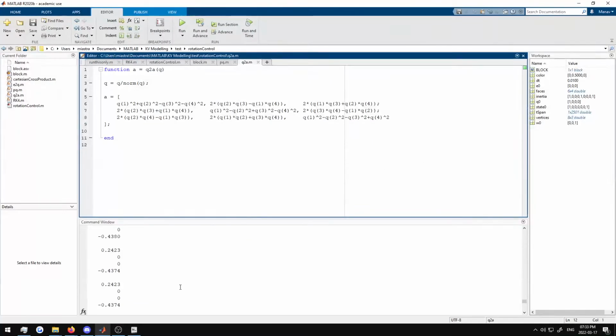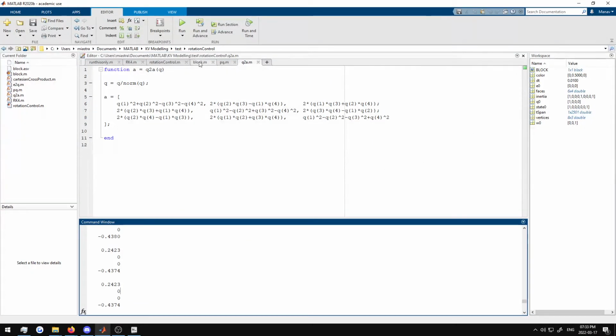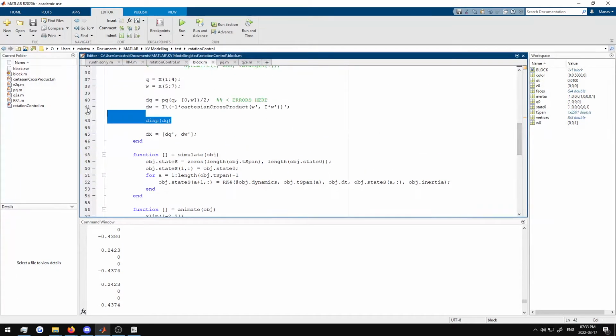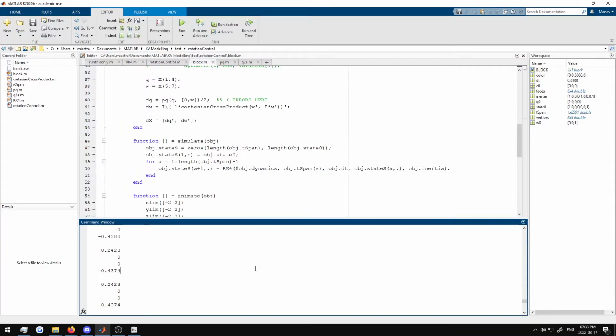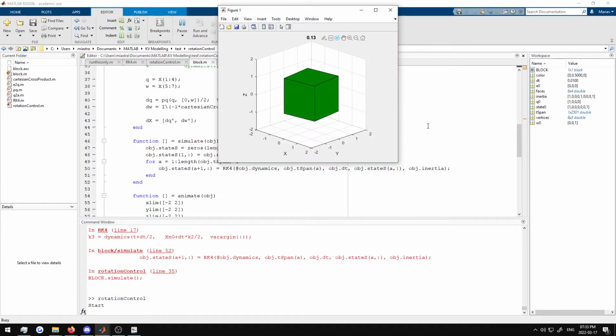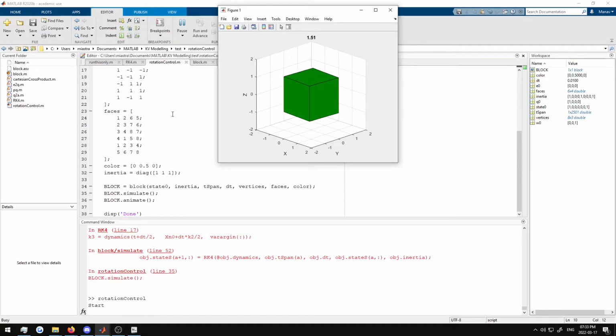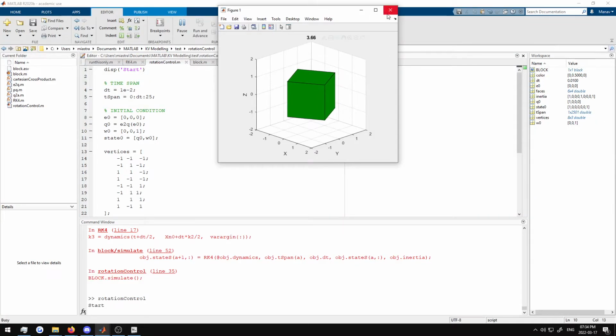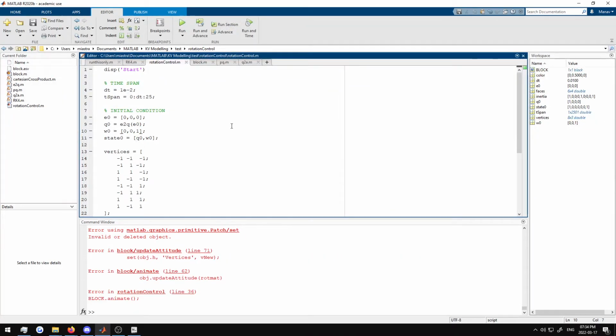And now that I've done and finished this, I can go back. Let me get rid of that one display line I had added to check. There we go. And now if we run this, we can see it's rotating about the z-axis. And if we go here and check, let me just go up a little, that we are in fact rotating about the z-axis. And then if we were to try to do the x-axis,